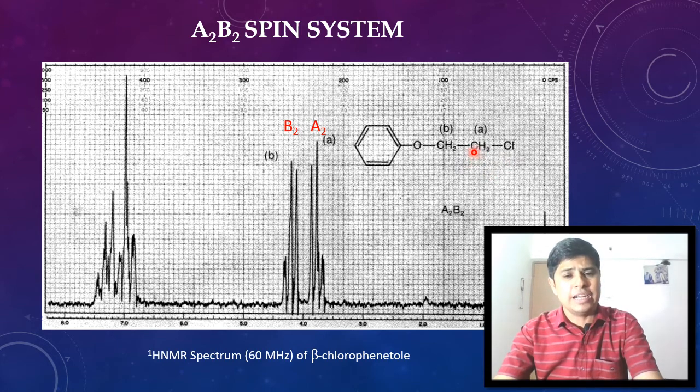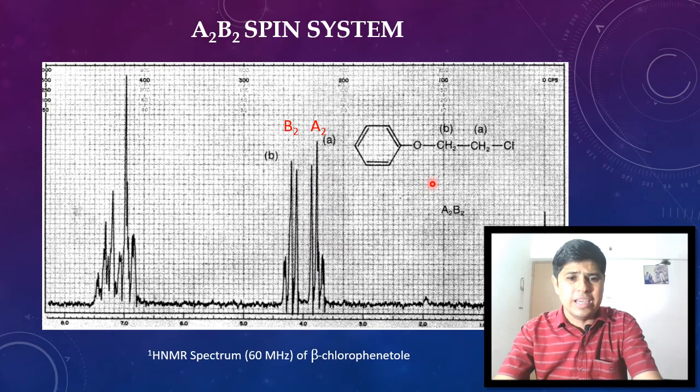And this CH2, that is phenoxy CH2, that will be what? B type of proton. Now each group is having two protons, hence it will be A2 and B2. Hence it will be A2 B2 spin system. See, if we see